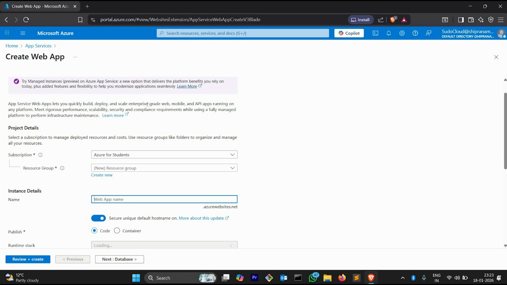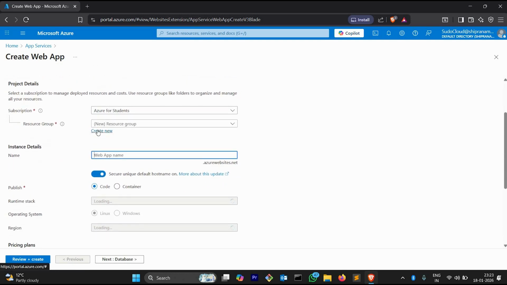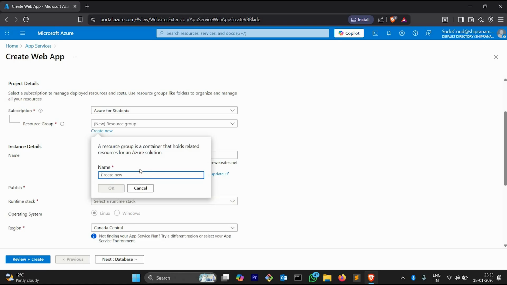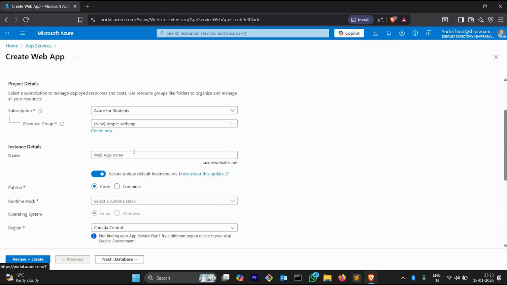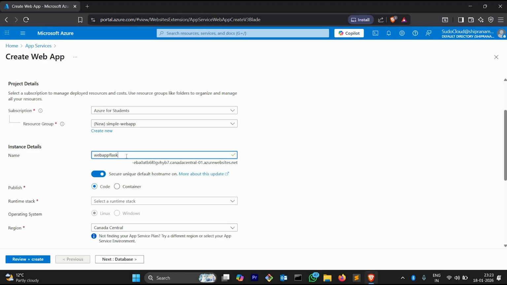Now as you can see, we are in the web app creation page. Now select the subscription and create a new resource group. Simple web app, and the web app name, which I'll go with. So I'm taking the web app Flask name, and it is already adding a domain which we are going to hit when this application will